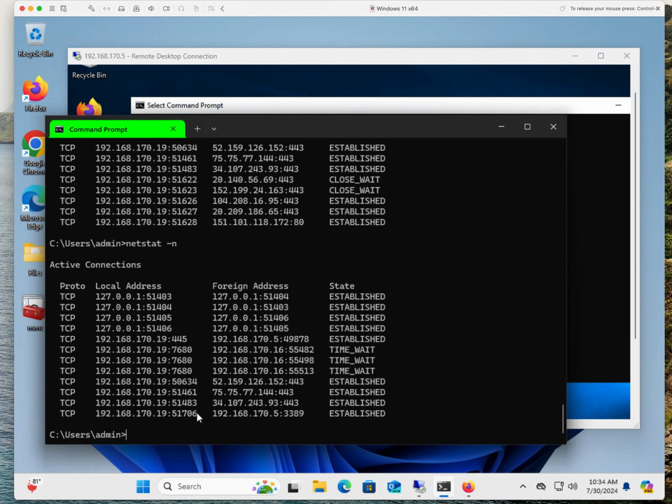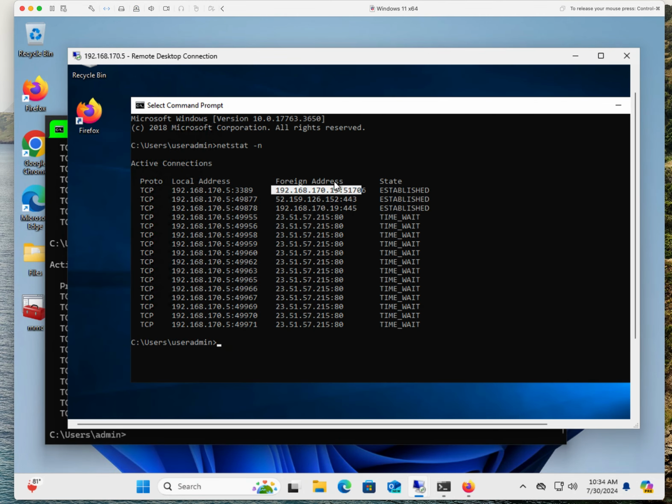See, 51706. So the purpose of network ports is to keep track of the sessions, because in this case I only have one connection connecting to